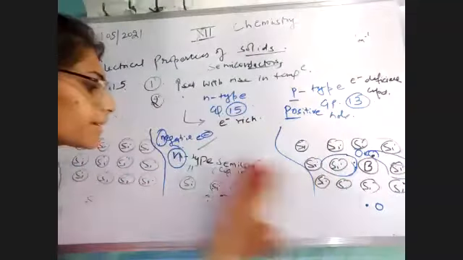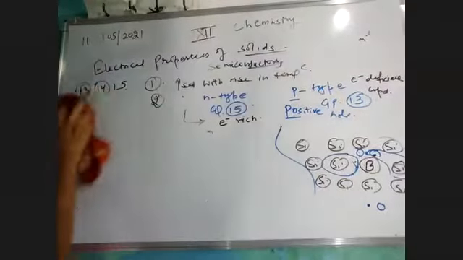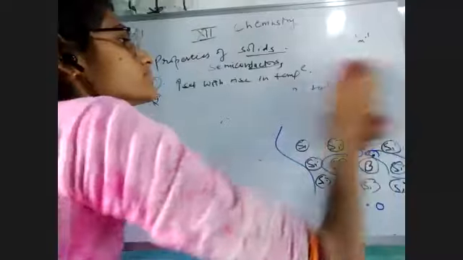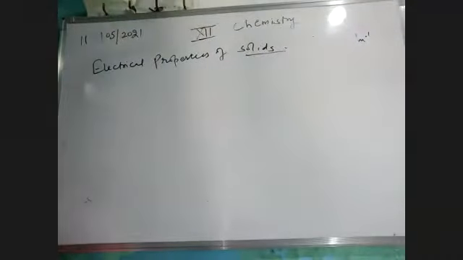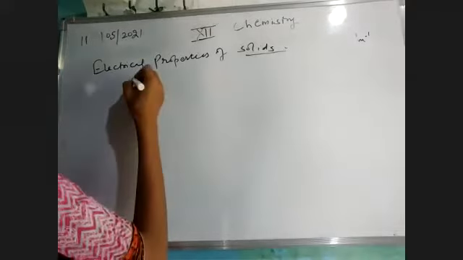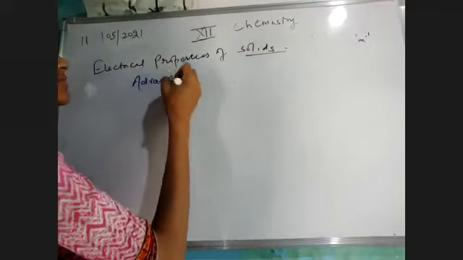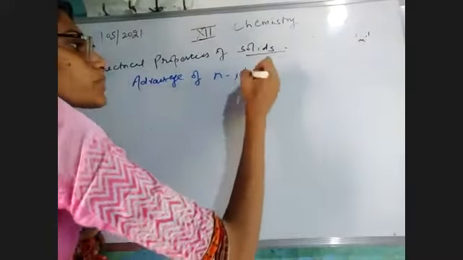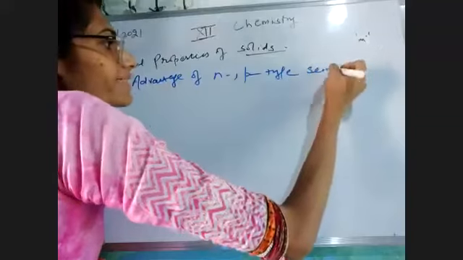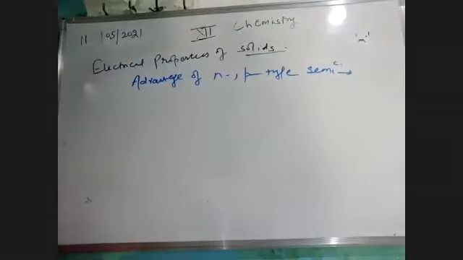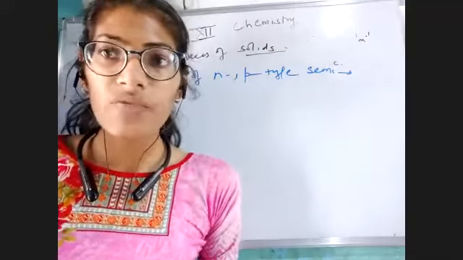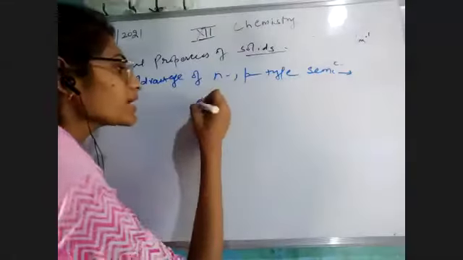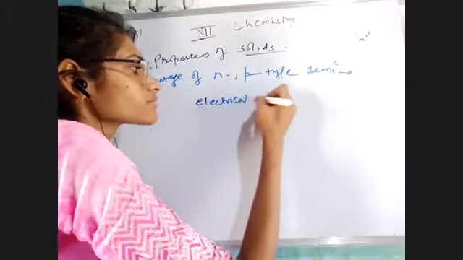What are the benefits of our semiconductors? Advantages of n-type as well as p-type semiconductor. Now the first point is quite obviously it has increased the electrical conductivity. So this is the biggest advantage. Okay. Now the point is with the help of n-type and p-type semiconductors, we can make our electrical appliances like